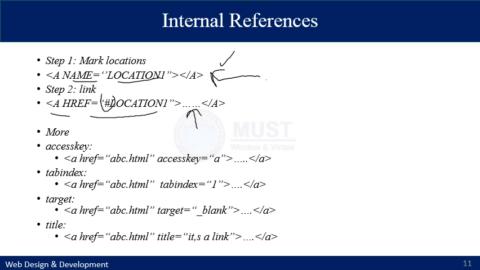Similarly, you can specify the access key shortcut for accessing the hyperlink. You can specify the tab index, so that if you move to the tab, your hyperlink will be accessed. You can specify the target, that will specify how your web page is opened. For example, if you want to open in the same window, you do not need to specify any target, and